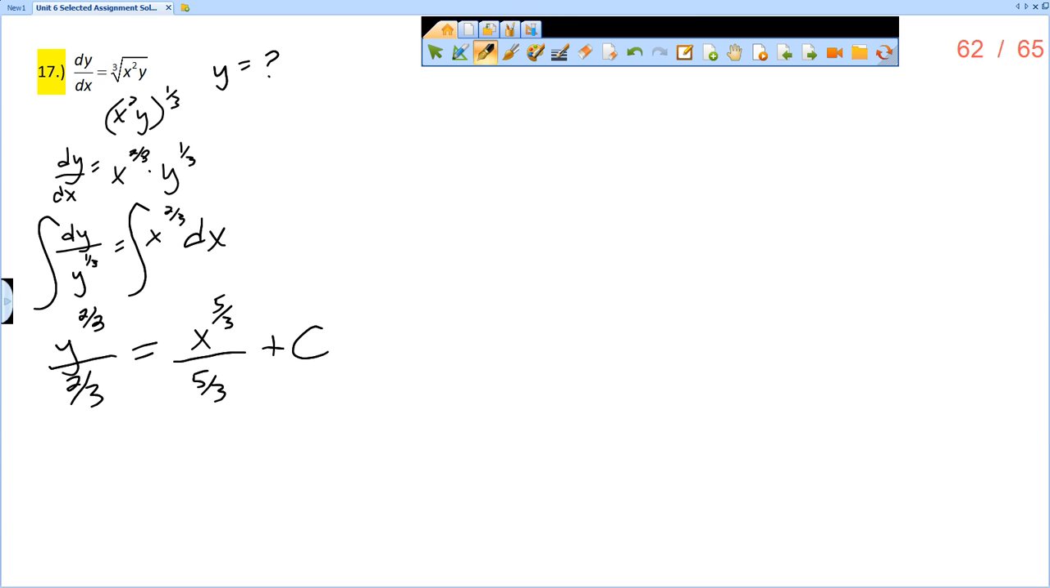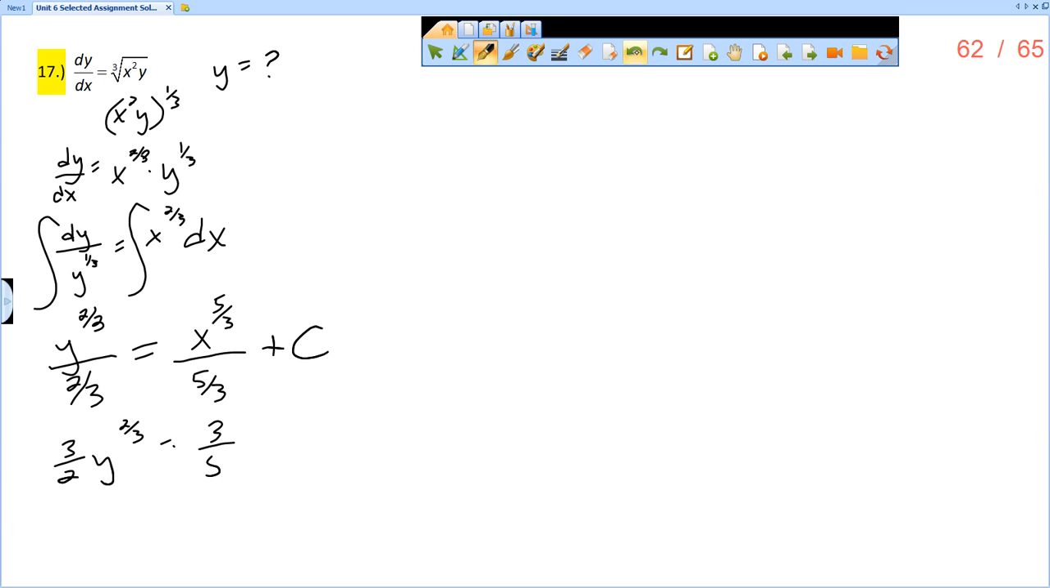Now, in this particular problem, you're not given any information about initial conditions. So you cannot get a specific solution. So the best thing that you can do is have this general solution. All right. So now, the only thing that would be different is that I have this divided by 2/3 and divided by 5/3. So I might write that as 3/2 y to the 2/3 equals